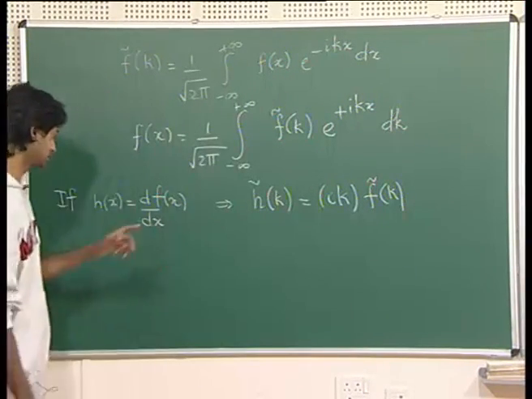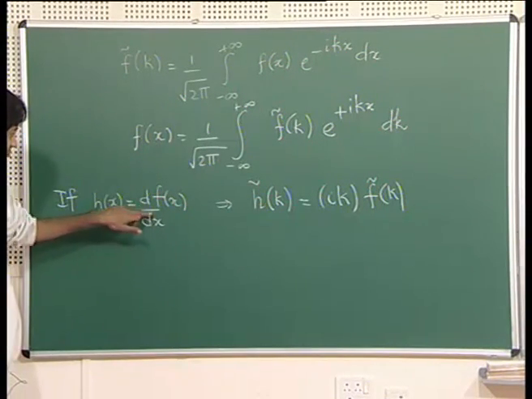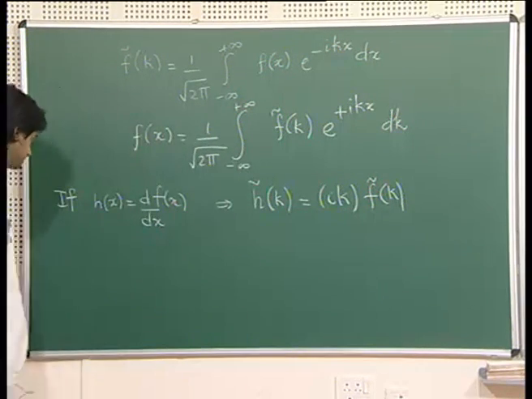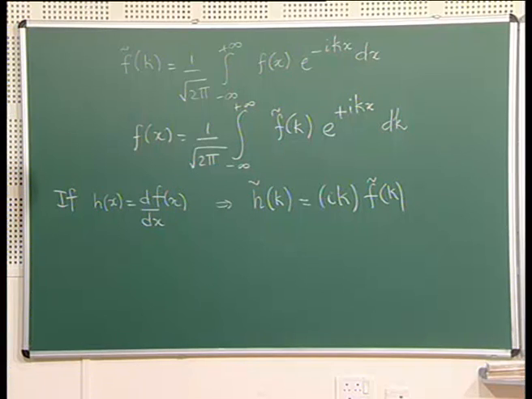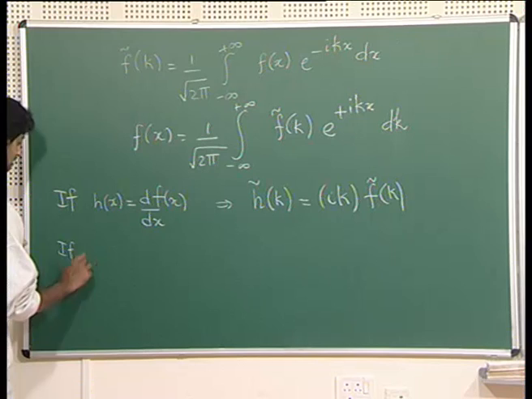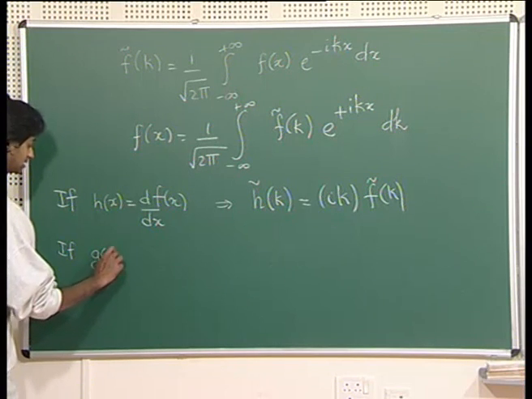This is a property: the Fourier transform of a derivative is nothing but i k times the Fourier transform of the function. The other important property that we saw is that if g of x is equal to